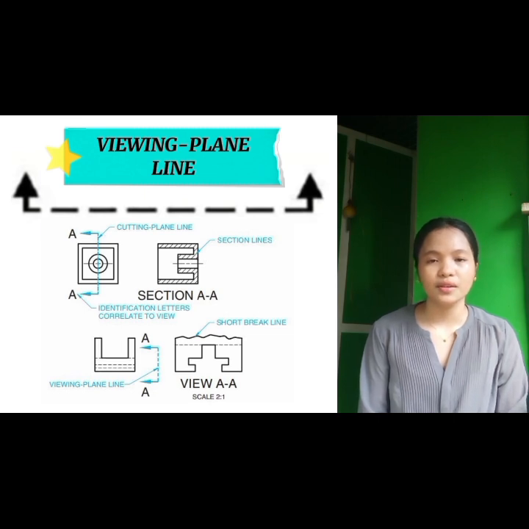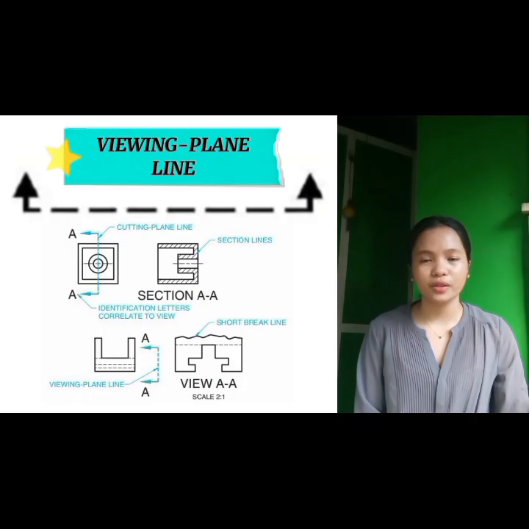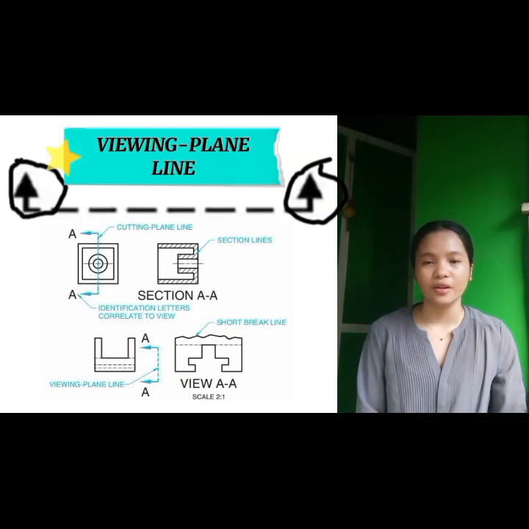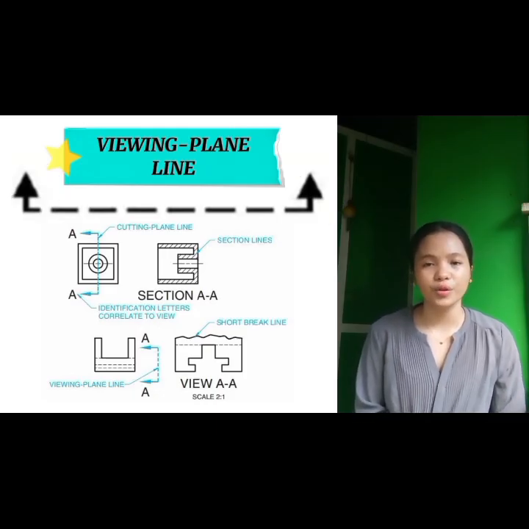It shows the plane or direction from which a surface or section of the object is viewed. This is very useful especially when showing sectional views in mechanical or architectural drawings. And finally, the arrowheads at both ends of the line show the direction of sight, meaning where you are looking